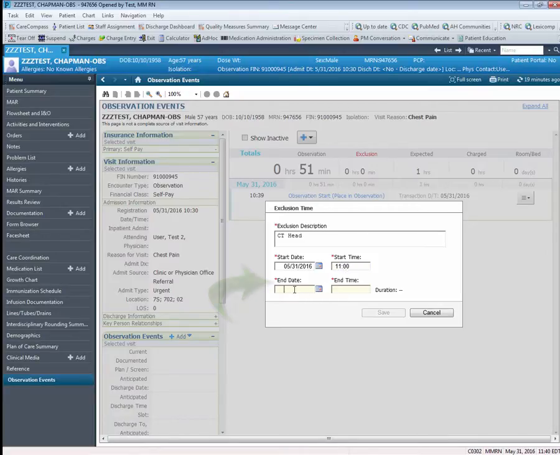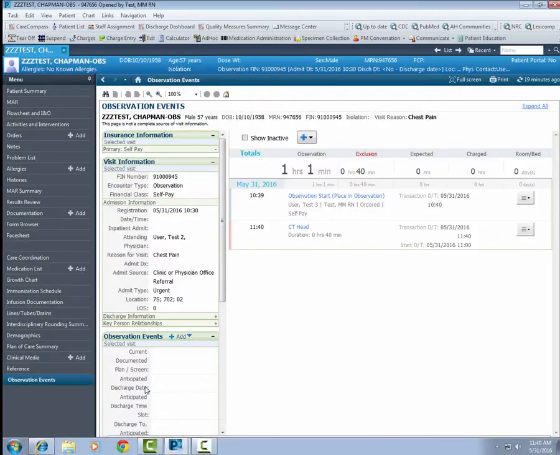Continuing, we will click into the End Date field. Once again, we will type in the letter T to pull forward the current date. Notice that the Save button is still not illuminated and the duration calculator is still blank. Once I click into the End Time field, I can type in the letter N, which will pull forward the current time. And now we see that we have a duration calculated to 40 minutes and the Save button has now been illuminated. Once I click on Save,